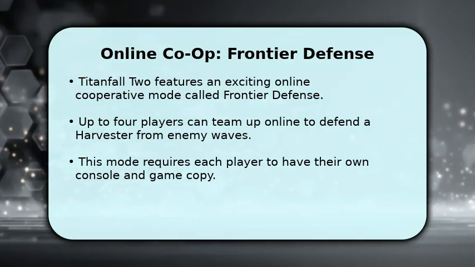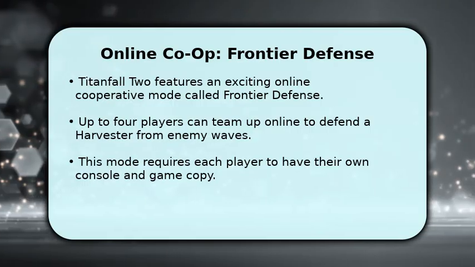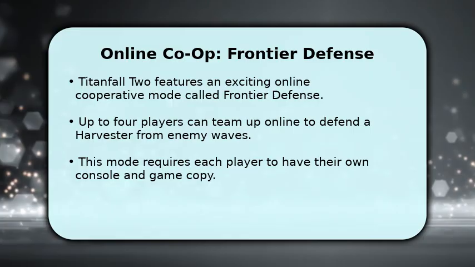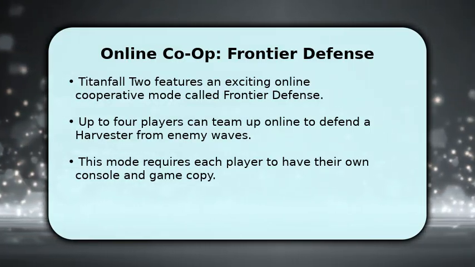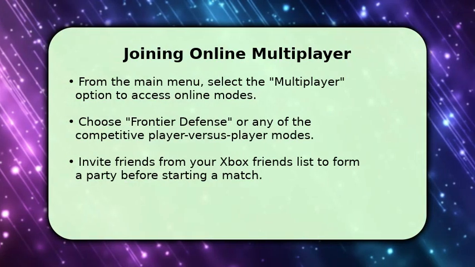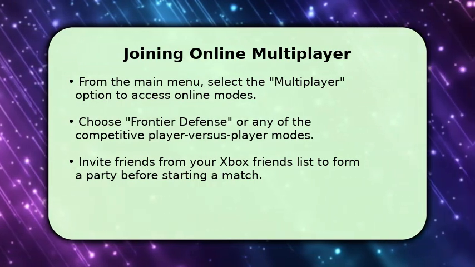In this mode, up to 4 players can join forces online to defend a harvester against increasingly challenging waves of artificial intelligence enemies. It's a strategic and action-packed mode where teamwork is key to success, offering a different kind of shared gaming experience. To dive into the online action, simply navigate to the main menu of Titanfall 2 and select